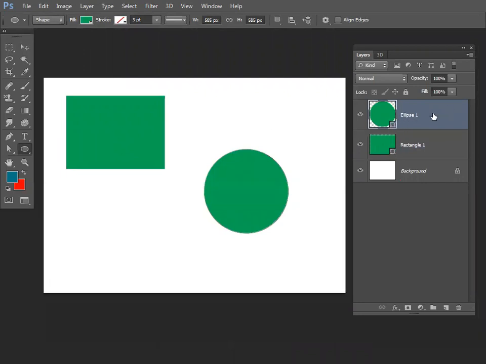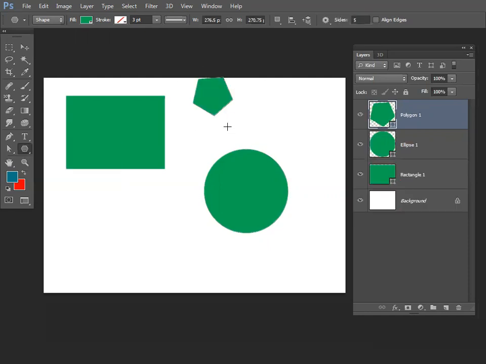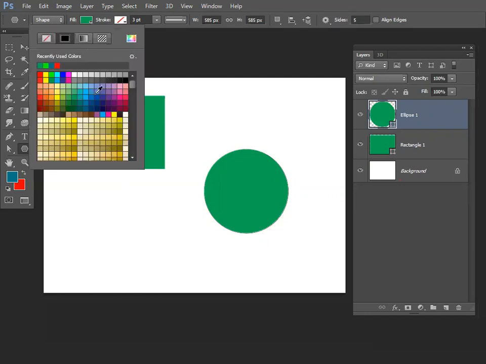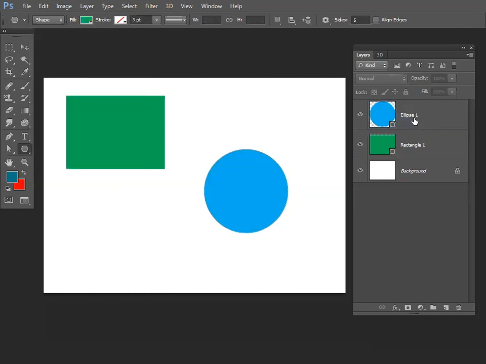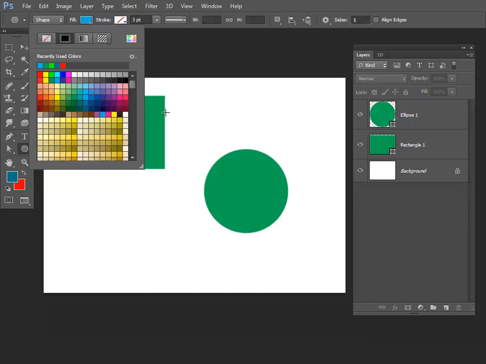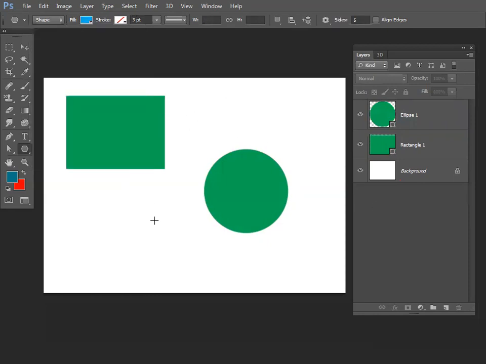You don't have to create a new layer, it will create by itself. A polygon tool, you can draw a polygon. I'll take a new color here, like blue. Sorry, that is changing this layer. Deselect the layer, so deselect the layer and change the color to blue and then draw.